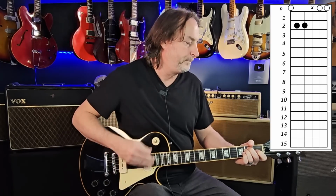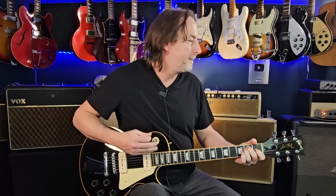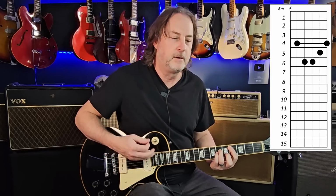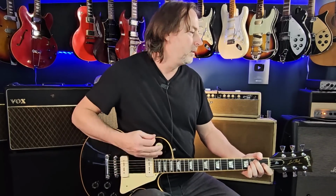Right, so E shape, B shape, A shape. Again. C sharp minor shape, and this one I am doing the minor third. A, E shape, A shape. And then the chorus, I heard it through the grapevine, is your 1 chord, your 4 chord,